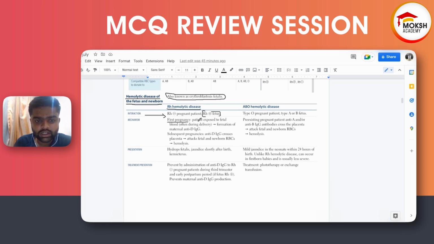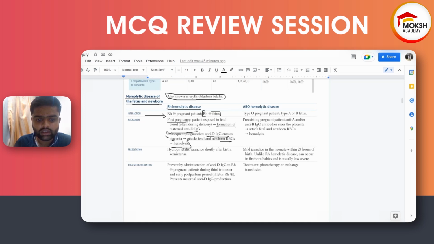During the first pregnancy, the patient was exposed to fetal blood during delivery, which causes formation of maternal anti-D IgG. In a subsequent pregnancy, the anti-D IgG crosses the placenta and attacks the fetal and newborn